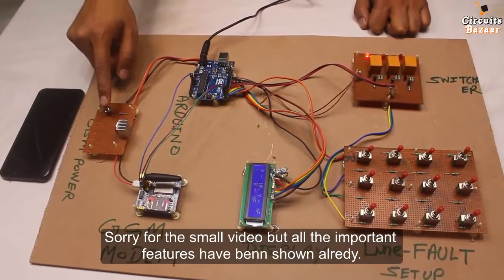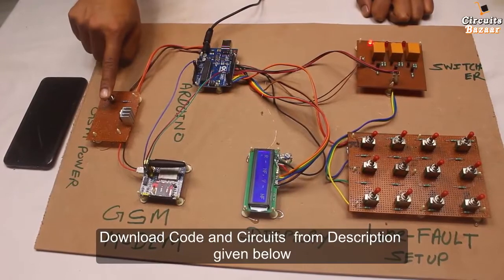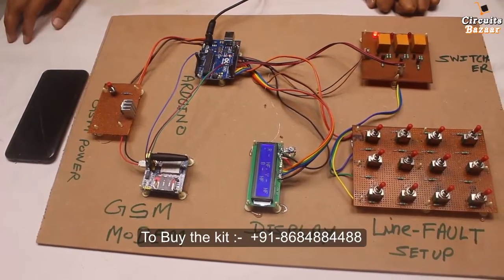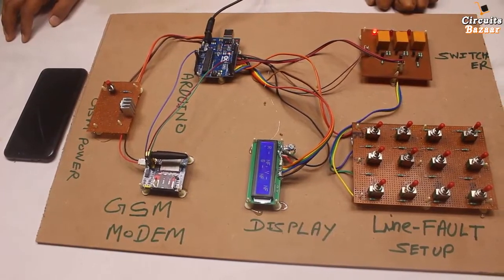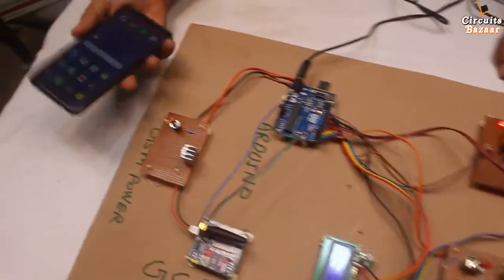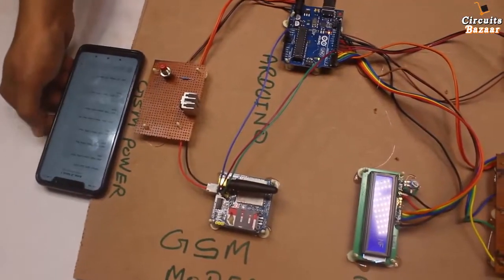Now if I press this button, then the message will come on my mobile. So this is the message which I got. And what message did I get? I got message